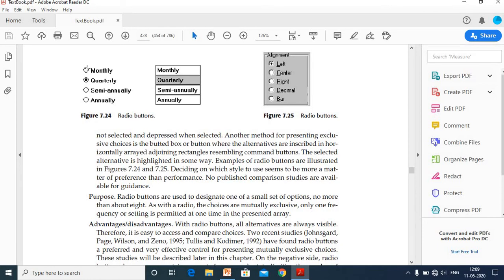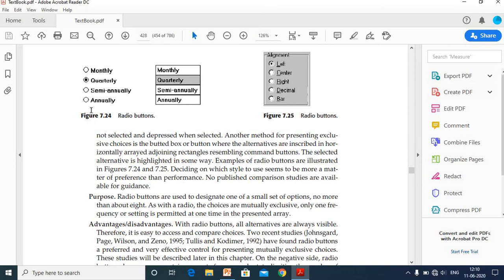As I said, we can use small circles, diamonds and so on to display the radio buttons, and also choice descriptions. It says monthly, quarterly, so these are called choice descriptions. If I want to select this option, I can click on this, and it will be highlighted. Suppose I don't want quarterly as my choice, then I can click on another option, and that one will become highlighted.